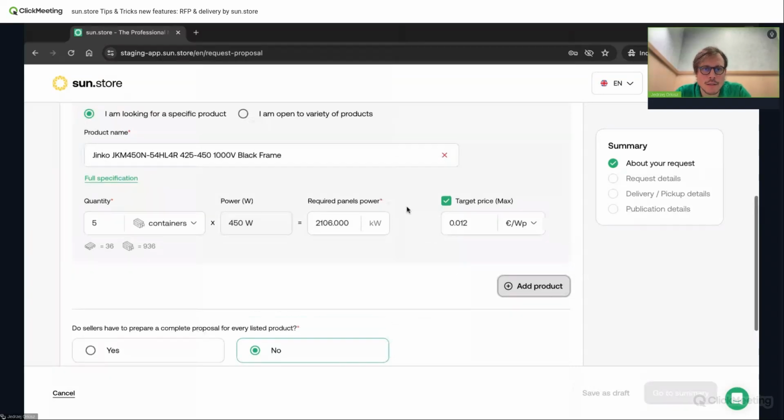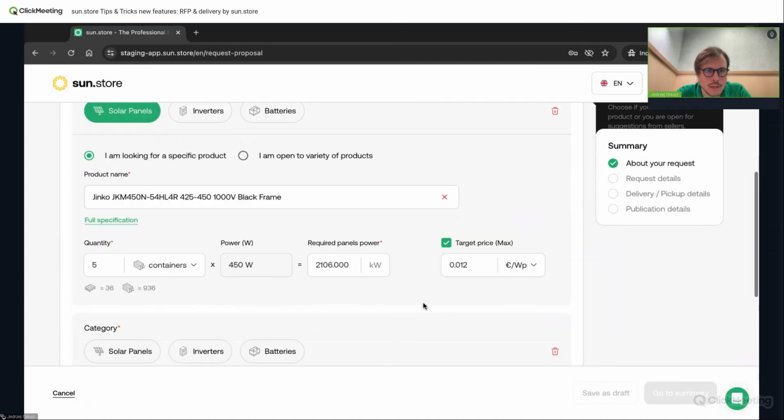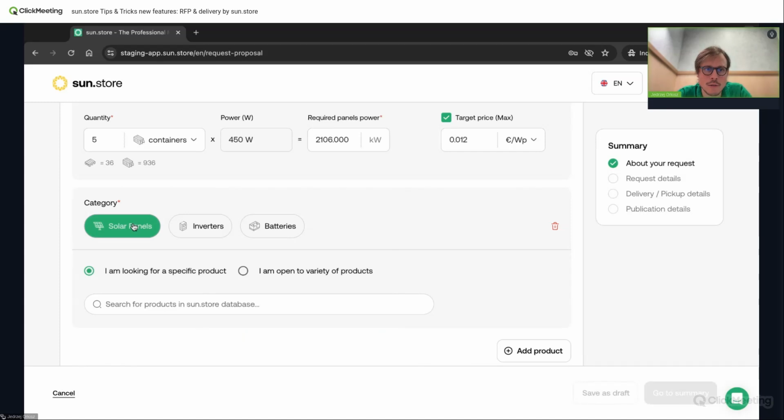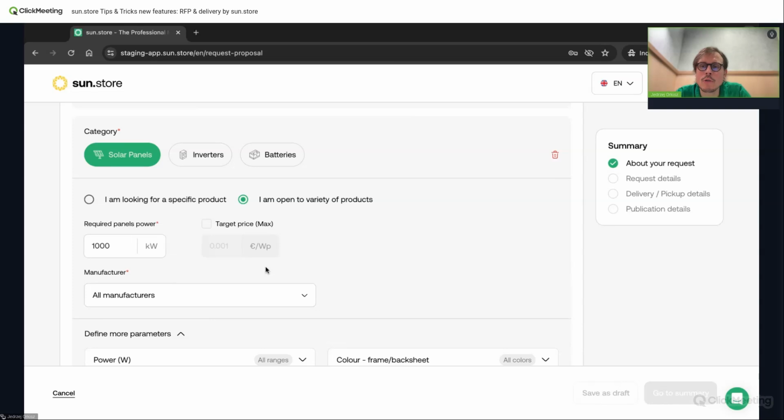Once we have the details, we can add a new product. In this case, I've decided to add a product, and I'll do another solar panel, but this time I'll be open to a variety of products. So here, the questions are slightly reversed. What does it actually mean is that